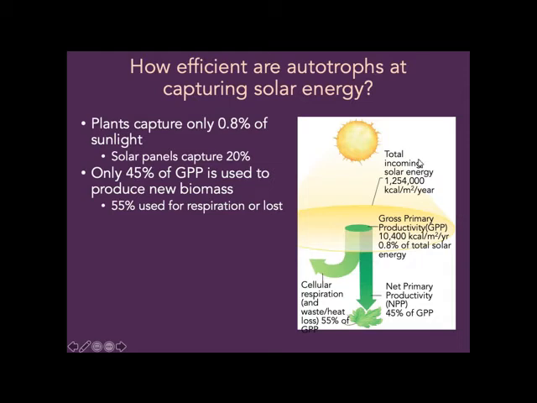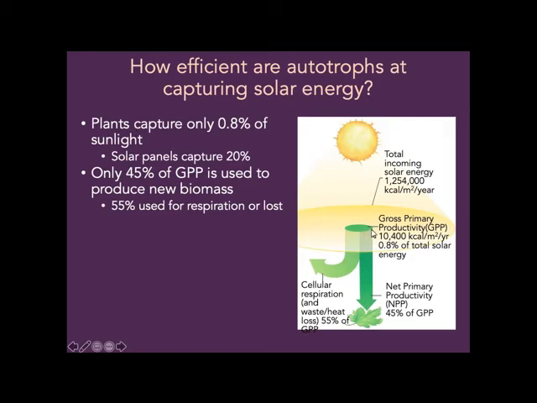So let's look here at this schematic. Imagine the sun is shining on your little plant here. The total incoming solar energy hitting this plant is 1,254,000 kilocalories per meter squared per year. The gross primary productivity is 10,400 kilocalories per meter squared per year. And so that's 8% of the total solar energy going into gross primary